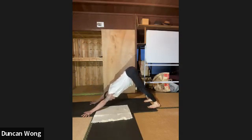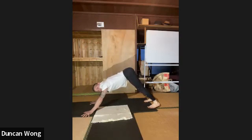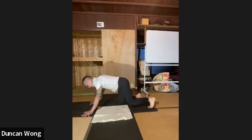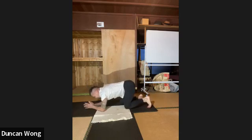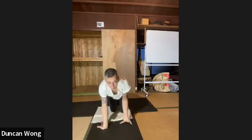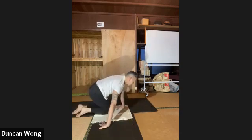5, 4, 3, 2, 1. Nicely done. Kneel down, elbows down. Let's invert the palms again and flex the spine for 5,